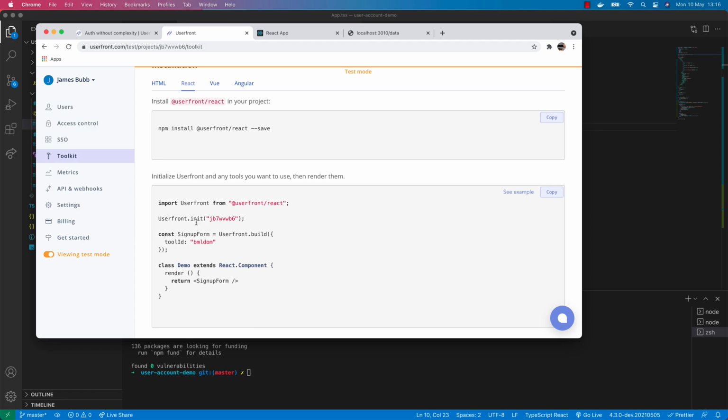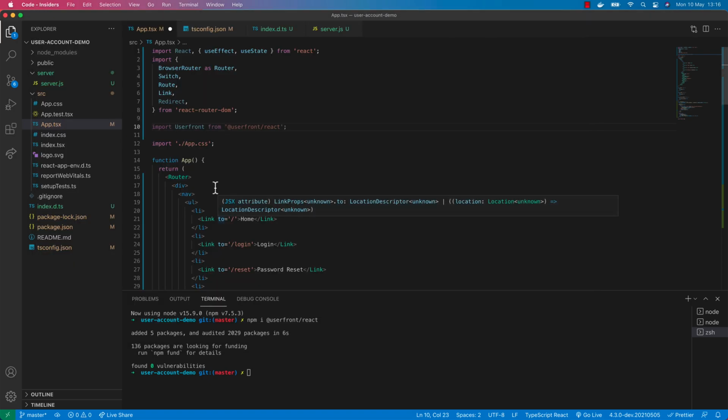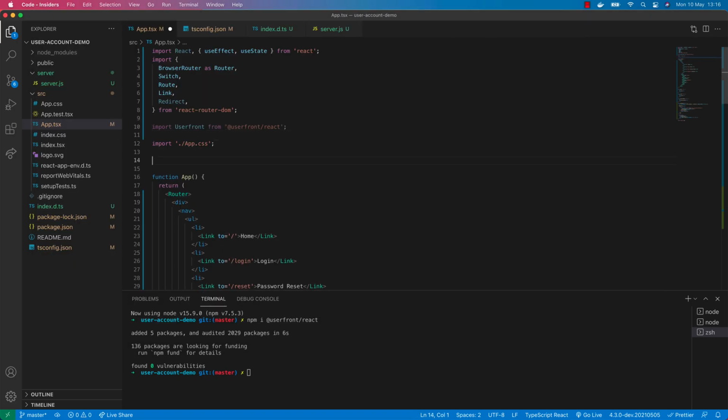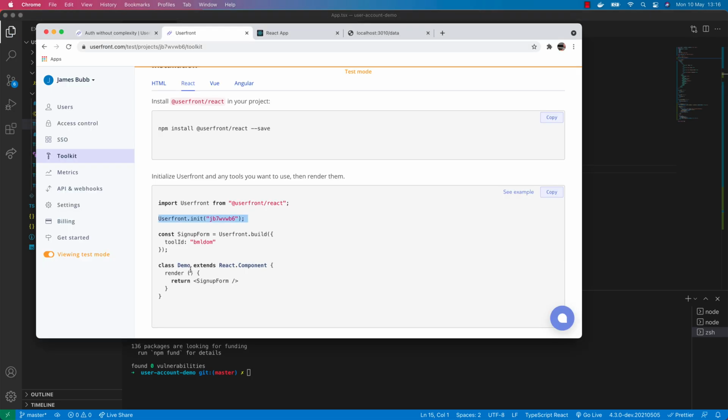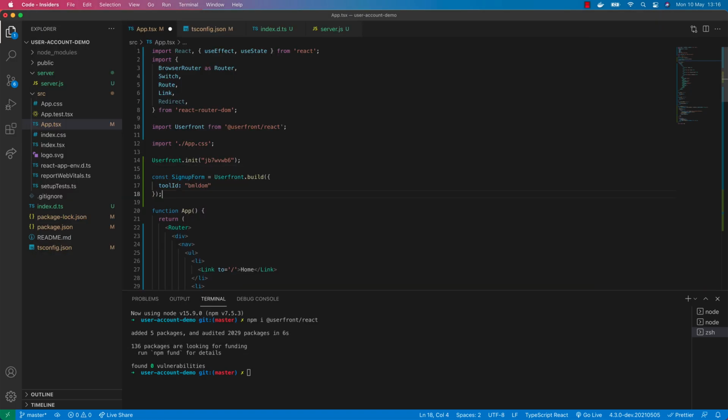So the first thing we need to do is copy this userfront.init, and this is the special code that's available for my particular account. So we can just pop that somewhere outside of the app component. And then obviously we can create a new sign up form component just by copying this code here. As I say, there's no other way really to find out what these special tool IDs and special codes are other than going into the account and finding out. So you might as well just go and copy the whole piece of code that they give you within that toolkit section. But once that's done, you've actually now got a component called sign up form that you can use